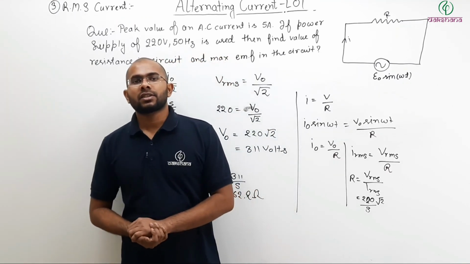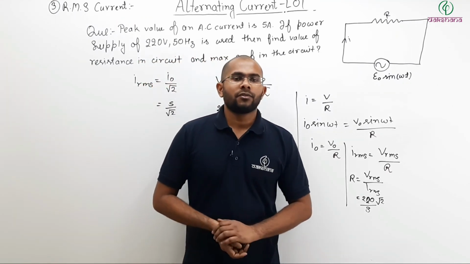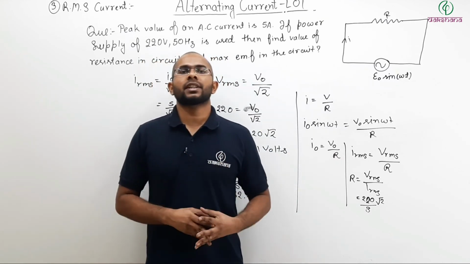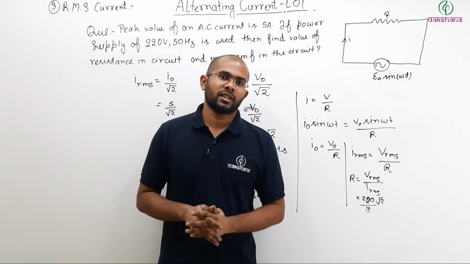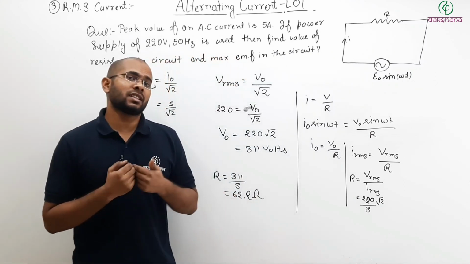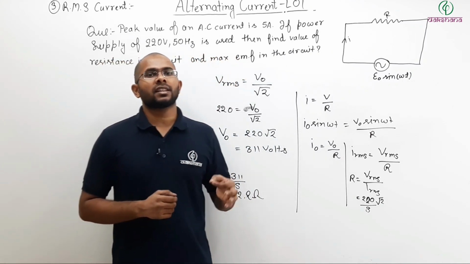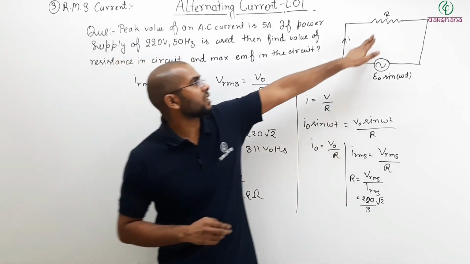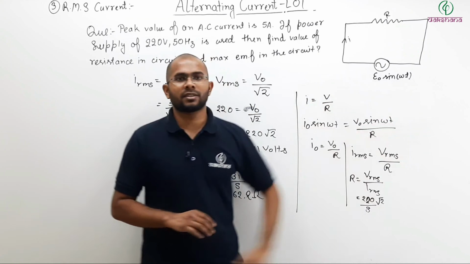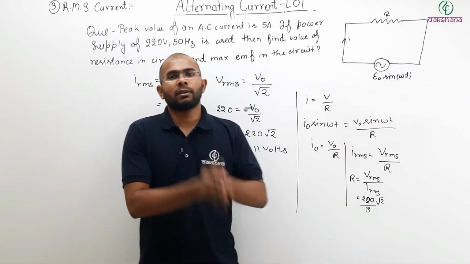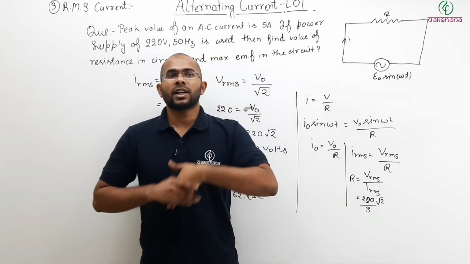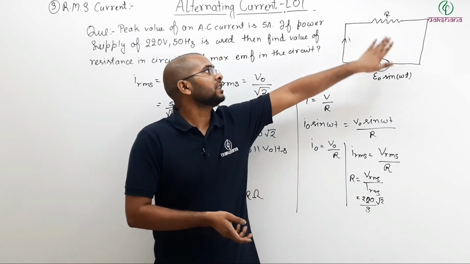So in this lecture of your alternating current, we have tried to understand the very basics of what is your average current and what is your IRMS. We have not talked about why RMS is needed. Here we have seen what happens when a resistance is connected across an AC source. So in the next lecture, we will talk about when a resistance is connected across an AC source, what is the power developed in the resistance.